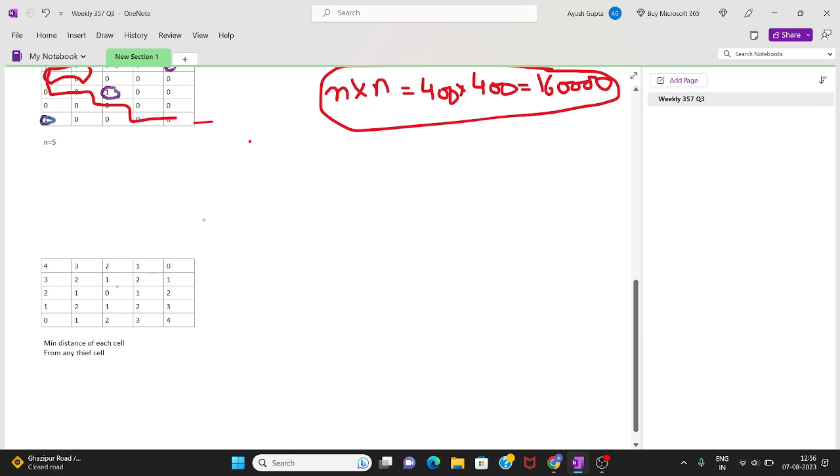So now we have to calculate a path that has the maximum safeness factor. The path where all those cells that lie on the path have the minimum to be maximum.